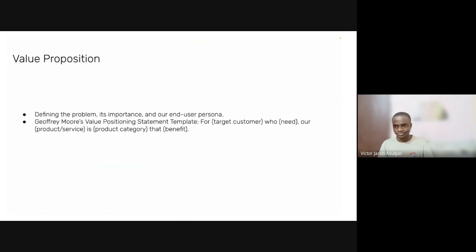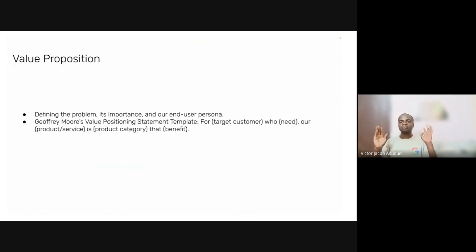Let me give you an example from PayPal. Let's say: for mothers who need real-time care, our product PayPal is an application that provides healthcare benefits to children.